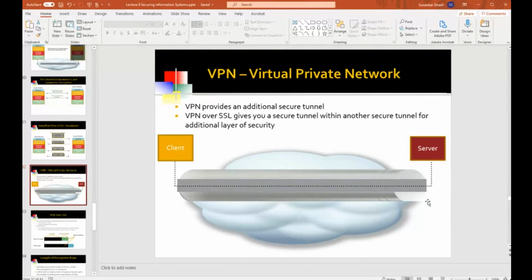The destination point has to correspond to a true destination point, because these packets have to exit the tunnel and reach the server. So the destination point is a true IP address, but the originating point of the VPN tunnel can be really anything. Could even be an IP address in some other state, perhaps even some other country, because the routers of the internet don't really have to look at the source IP address.